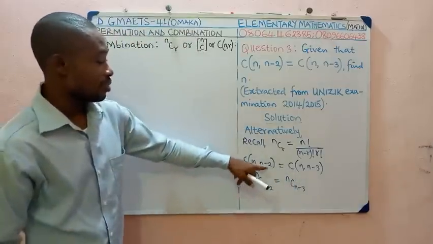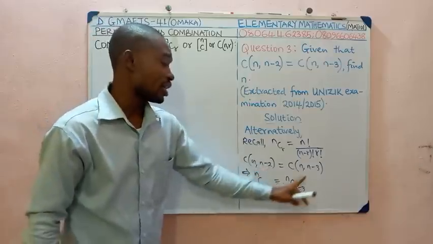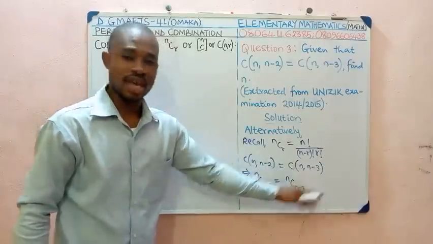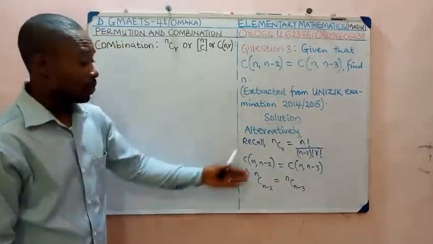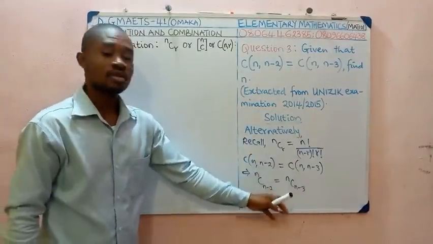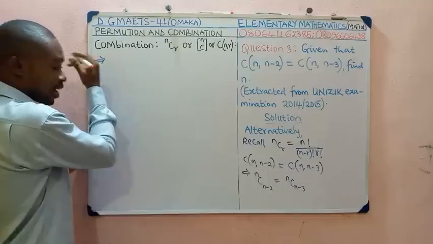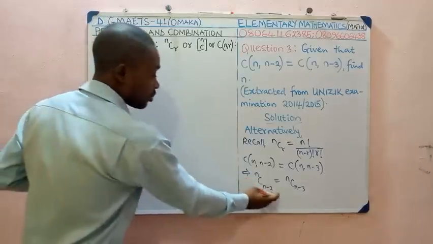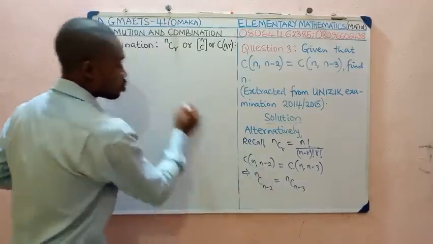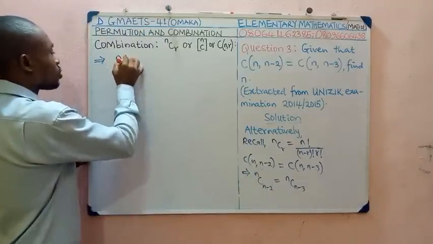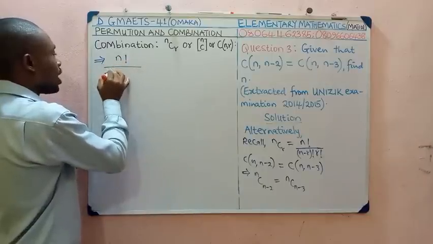Take note in this case that n minus 2 is our R here, and then n minus 3 is our R in this case. So we can apply the definition of combination to this equation and see what we're going to get. It implies that n combination R, where R is n minus 2, will give us n factorial all over n